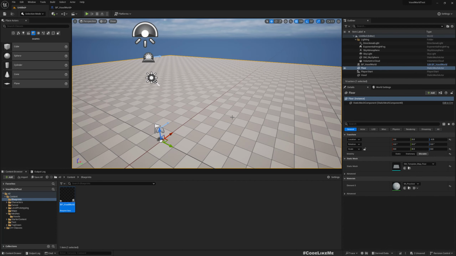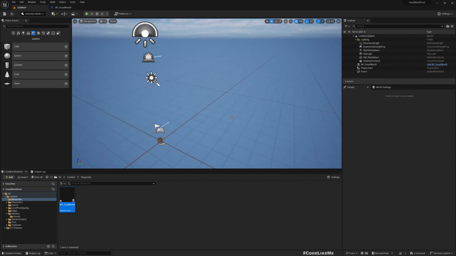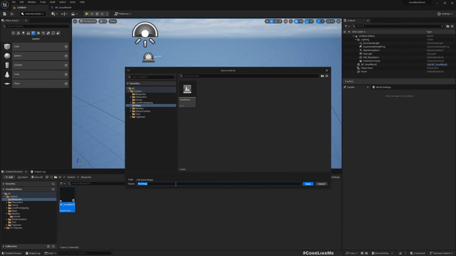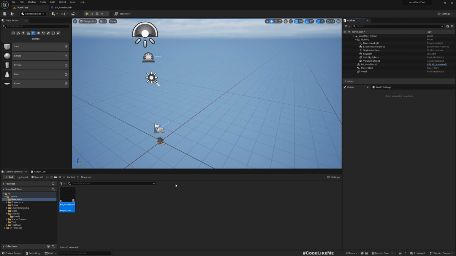And I'll delete this flow, I don't need it anymore, and save this map. Voxel test. Okay,